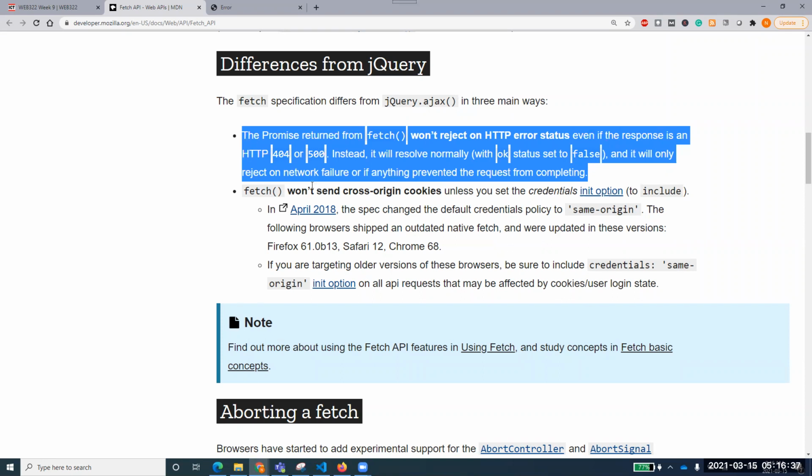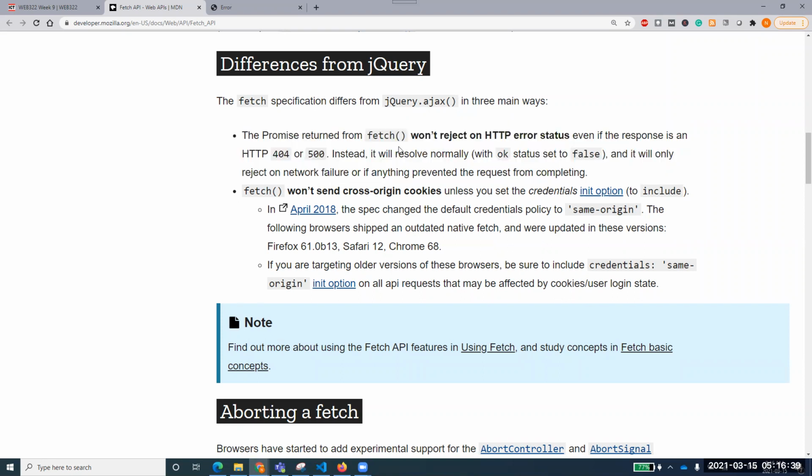And as I said, I'll just be giving a quick introduction to that. So fetch does not get rejected on an HTTP error status of 404 or 500. 404, resource not found. 500, server problem. The server has some problem. So it does not fail one way or the other. It does not reject the request. Rather, this promise is basically done, and it will resolve normally. It's resolved, interestingly, with the OK status set to false. And it says OK is false, but I will be doing my work. And that's an interesting part.